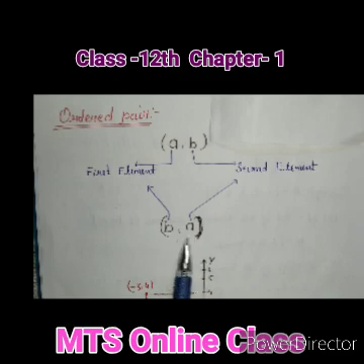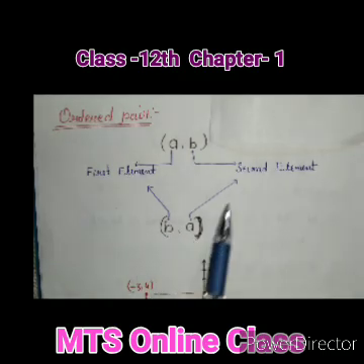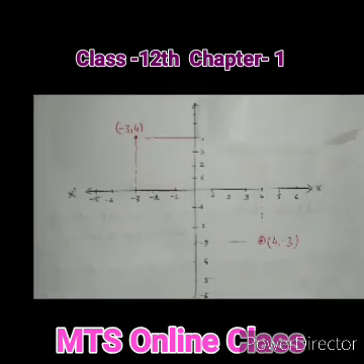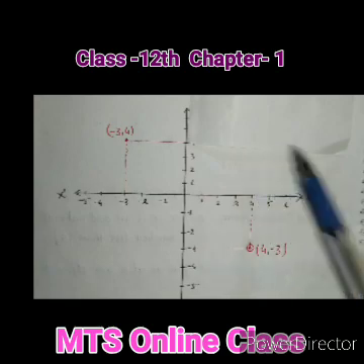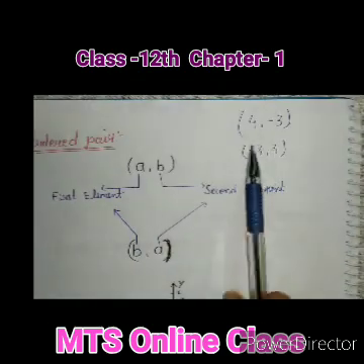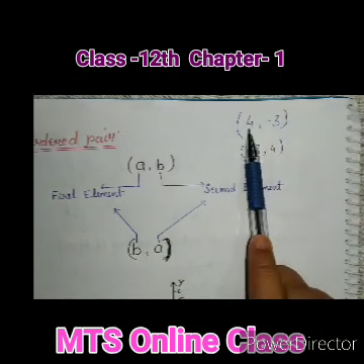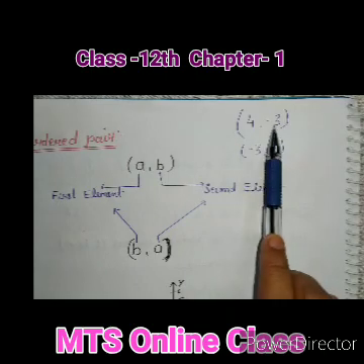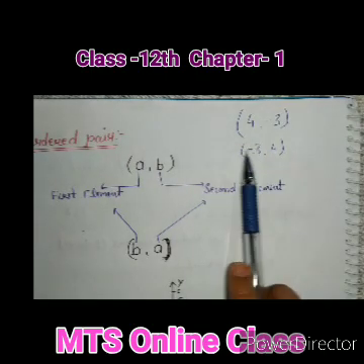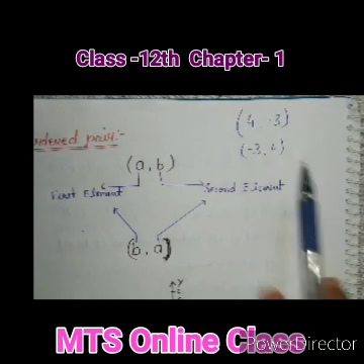In this case, B is the first element and A is the second element. And if we represent on the Cartesian plane A and B, if we take two values, ordered pair (4, -3), here 4 is the first element, -3 is the second element. If we change the values A and B, we get a different pair (-3, 4), and it is not the same,